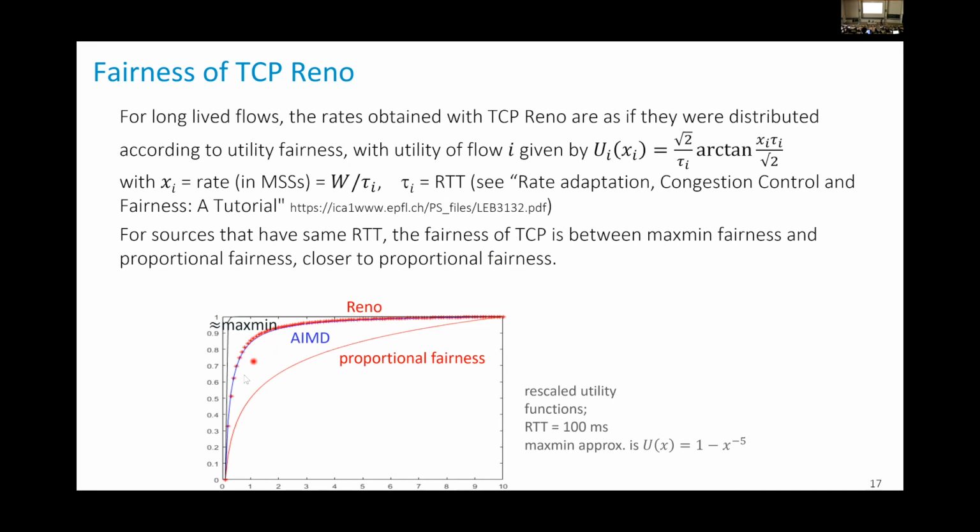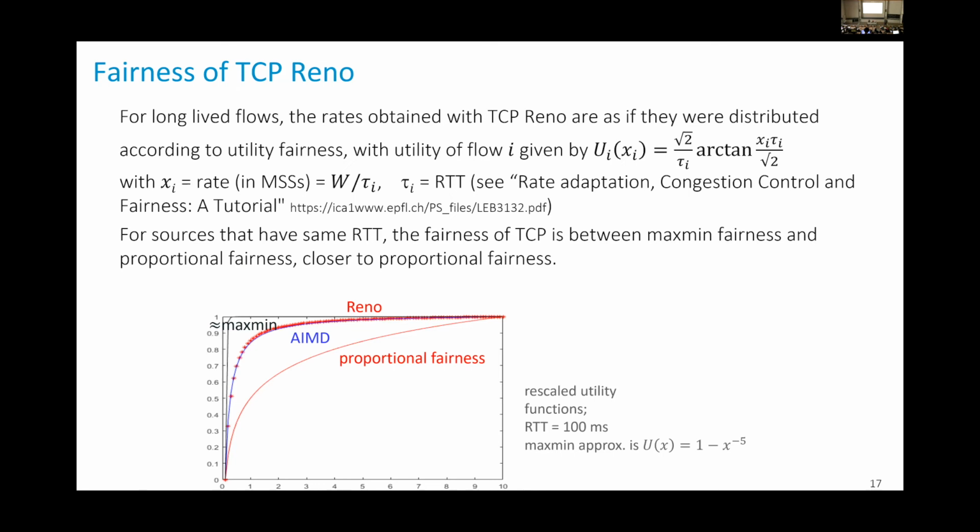Well, TCP Reno is practically, not exactly, but very close to that. Of course, the details depend on the particular parameters of a TCP connection, in particular, its round-trip time. But the take-home message is that the fairness of TCP is intermediate between proportional fairness and max-min fairness,